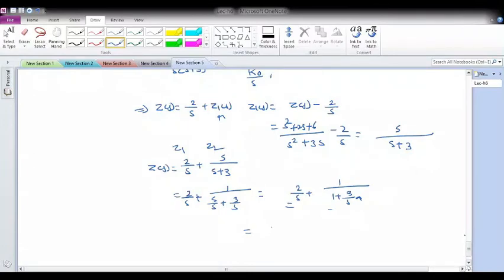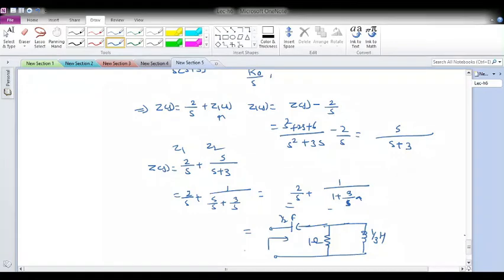Okay, so this is impedance, which means it will be 1 by 2 farad as a capacitor. Then admittance, so this will be a constant conductance, so it is 1 ohm, and this will be 3 by s. So this is basically an inductor, and what is 1 over sL? So it is 1 by 3 henry. This way you can realize the impedance.